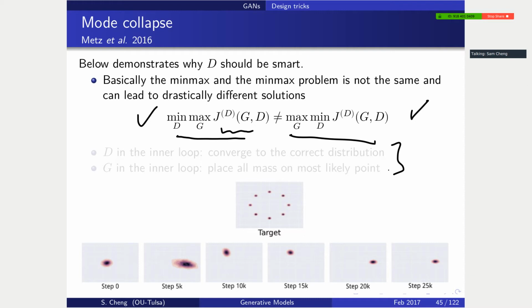So you would like to have the discriminator in the loop, in the inside. What is inside has more, oh, I don't know how to say it. So have more control with your